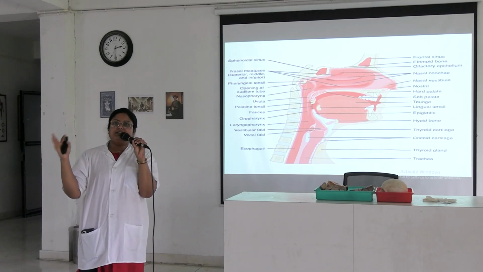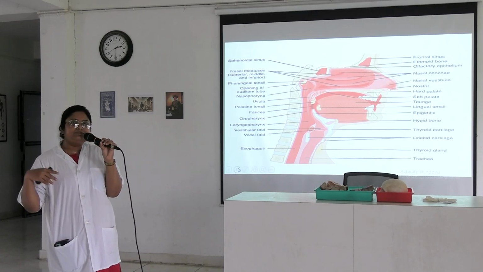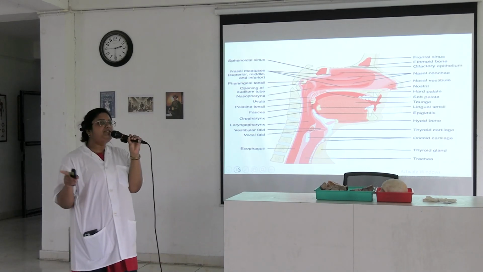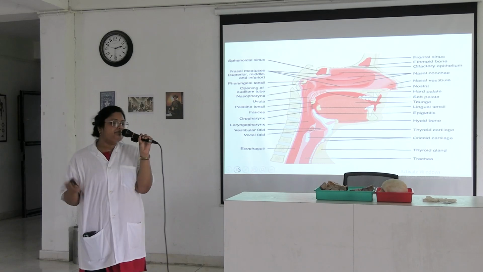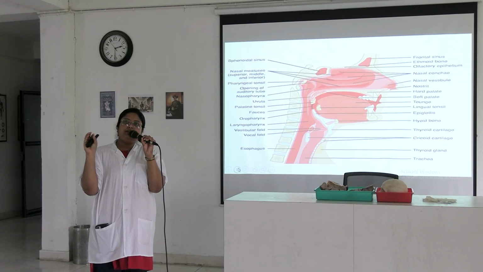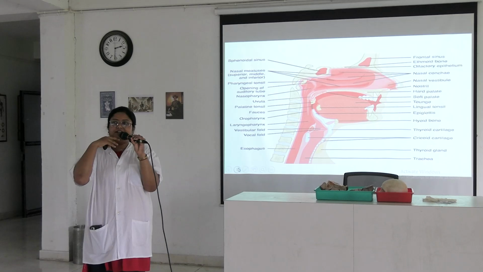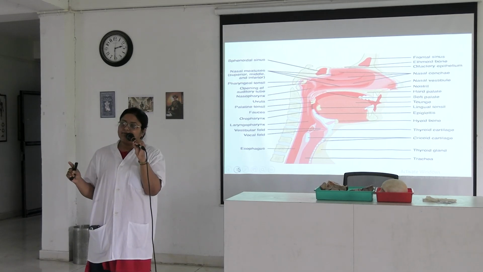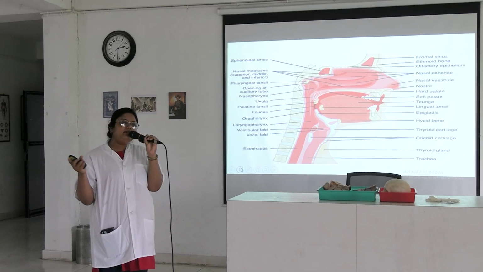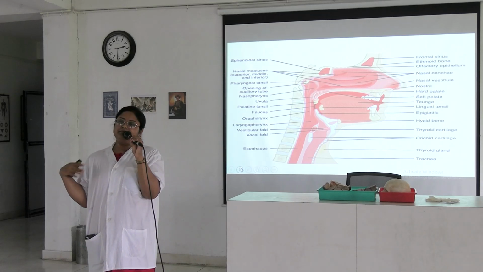The structures opening in these meatuses are very, very important, very frequently asked in your viva and also given in your OSPE. In the superior meatus open the posterior ethmoidal air cells. Remember it. In the middle meatus, you will see a bony bulging known as the bulla ethmoidalis. Just below the bulla ethmoidalis, there is the hiatus semilunaris. In the hiatus semilunaris opens the maxillary sinus. The middle ethmoidal air sinus opens on or above the bulla ethmoidalis.